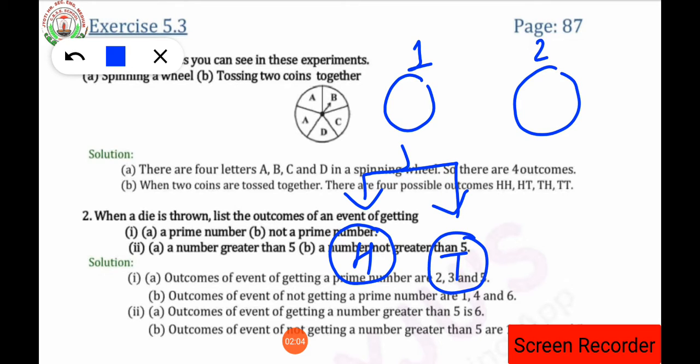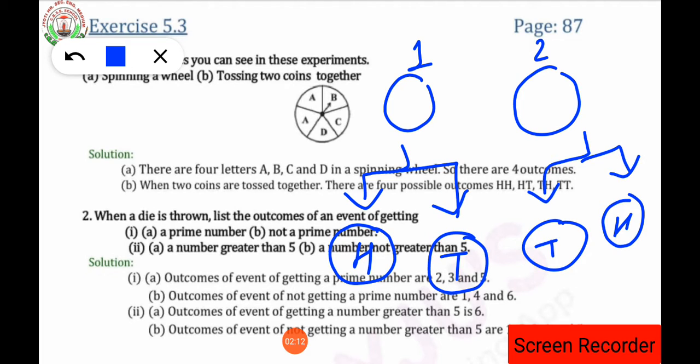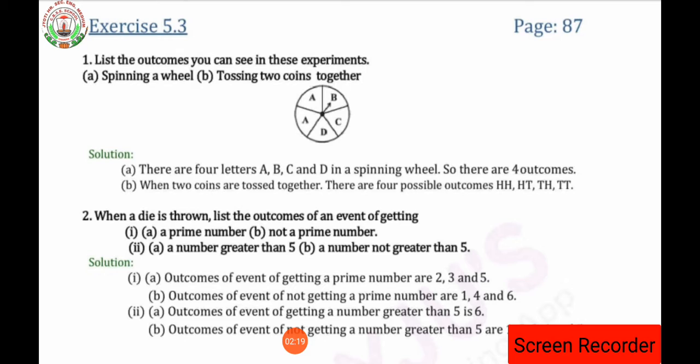In the same way, when we toss the second coin, again two conditions will come. First might be the tail and second might be the head. Like this, two conditions will come when we toss the two coins together, isn't it? So in this experiment we have to toss the two coins together in the air. Then we have to see the result, what will come in our hand, or what face of the coins is observed. Clear? In the same way we have to see the conditions in spinning a wheel. So here is the solution.